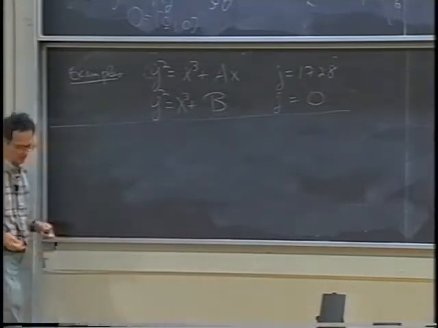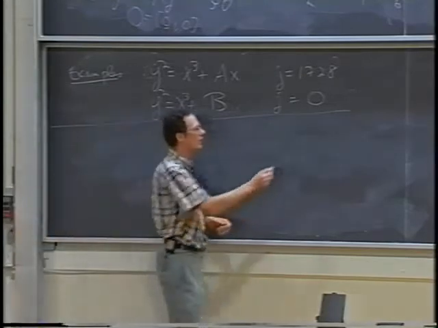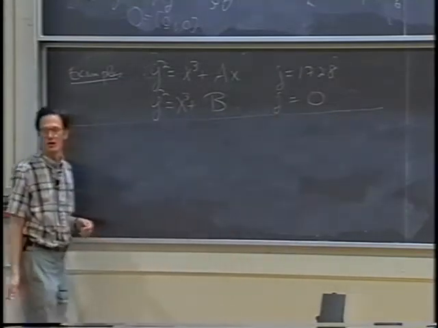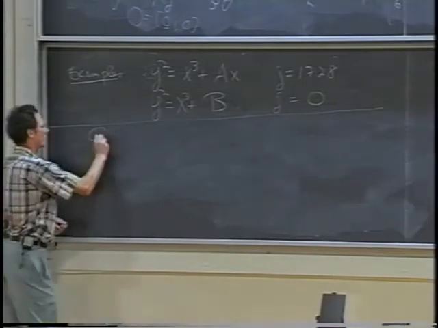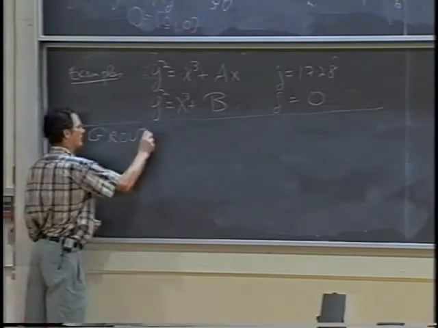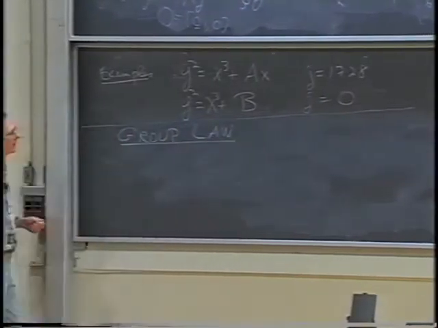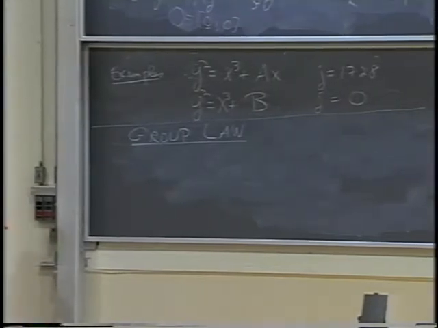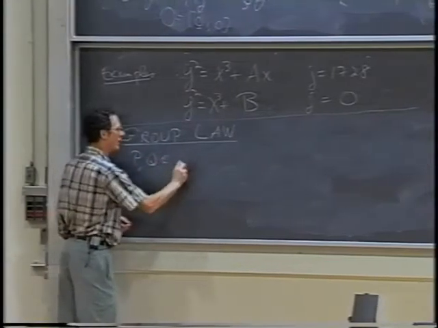One of the reasons that people look at elliptic curves is, well, they're more complicated than the projective line, which is the simplest curve. But they're simple enough they have a lot of additional structure. In particular, they have a group law on them. And there are a number of equivalent ways to define the group law. We'll just use this one. If you have 2 points